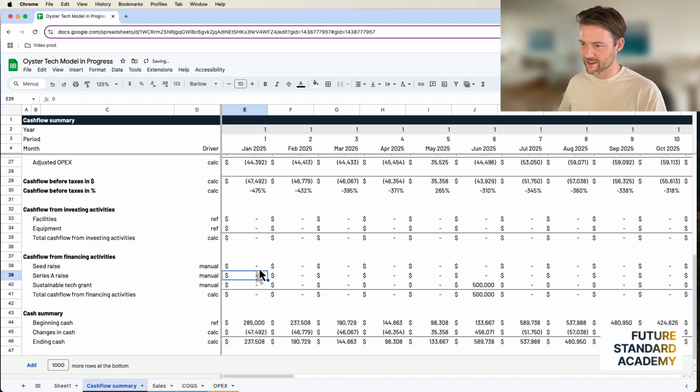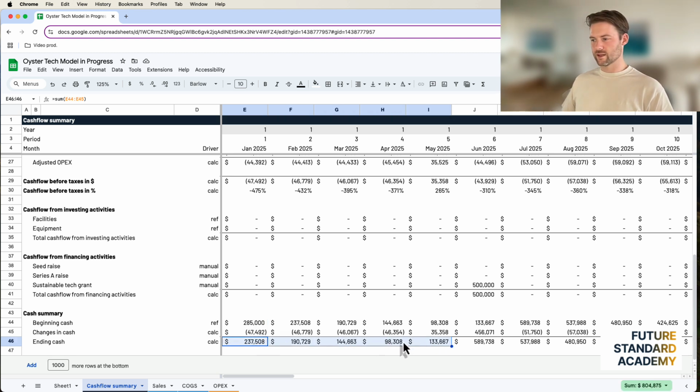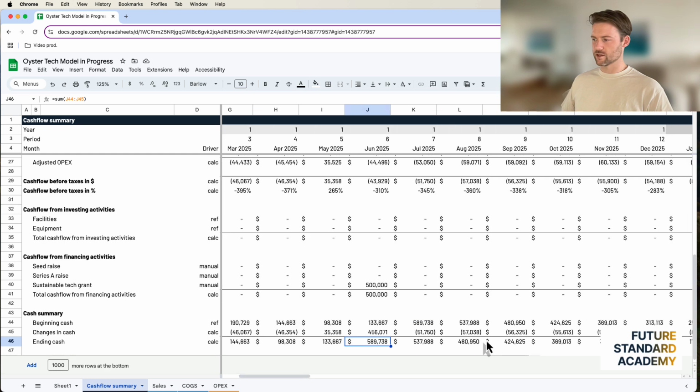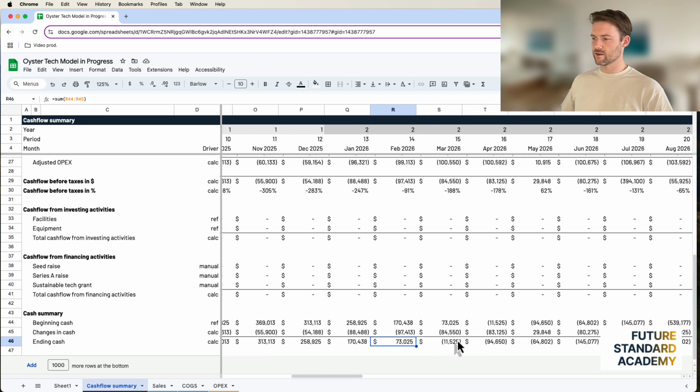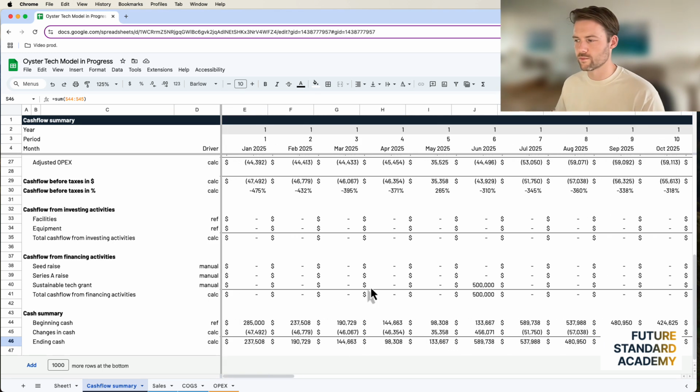So if I get rid of this round of financing, right? Say that 2 million is not going to come in, but we do have 300,000 in the bank. So how long is this going to last? Well, you can see its cash balance is dwindling. We got some cash in because we made a sale or something like that, or a recovery. And then we got this grant. So, okay, cash balance is good again. There's a bit of contribution margin, gross margin being applied. And then it's not until March 26 where the cash dips negative, right? So this is how you can estimate your runway, as if you're pretty certain about that grant.